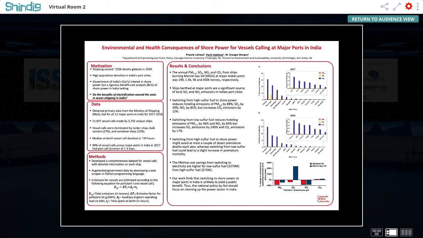One of the problems with doing this kind of analysis, which we encountered when we analyzed US ports also, is obtaining vessel call data. In the US, that data was impossible to get from the ports, and we had to buy it from a third-party provider.